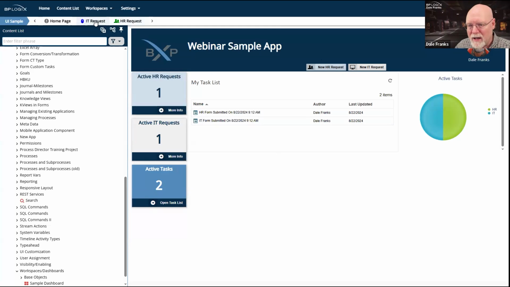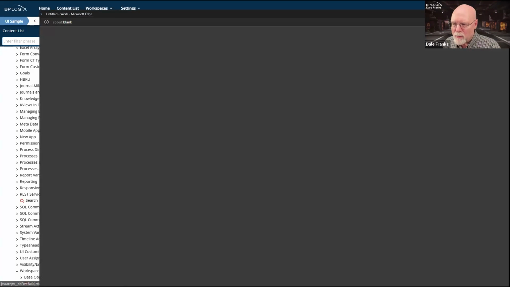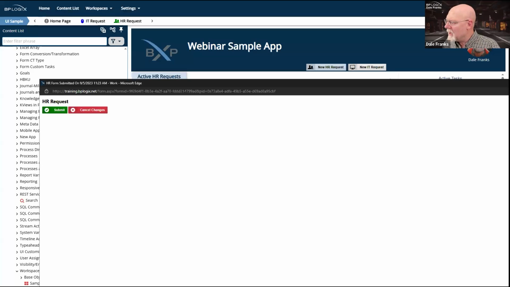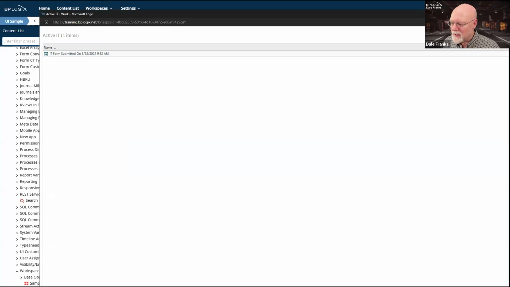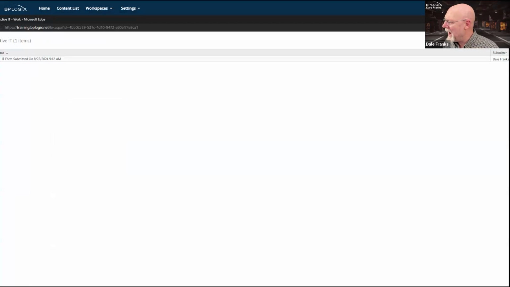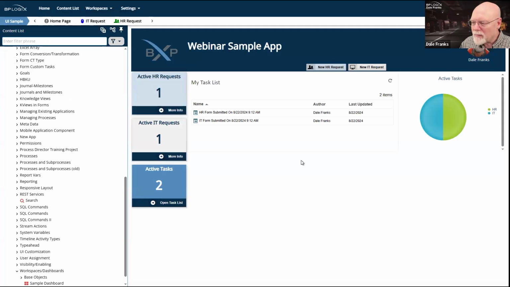I mean, technically, as I said earlier, I don't need to have any of these navigation items in here for this workspace. What I would expect is for my application designer to provide me with the appropriate links to open forms that need to be submitted and the various knowledge views that we need to see. Not much to see, but the knowledge views are turning a record. And I don't have to worry about it as an administrator. And so I think not worrying about things as an administrator is an important consideration.